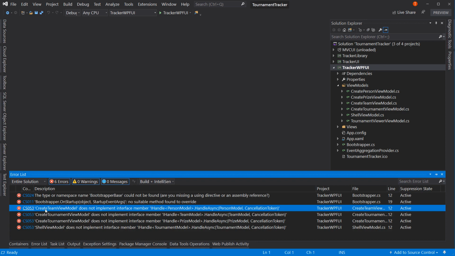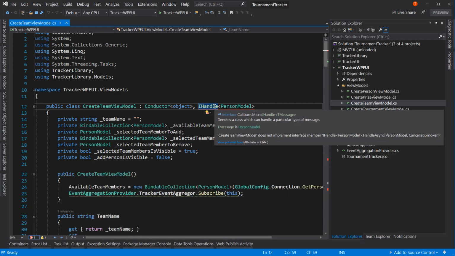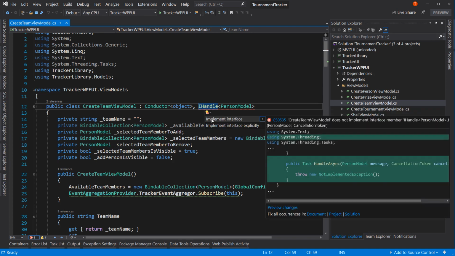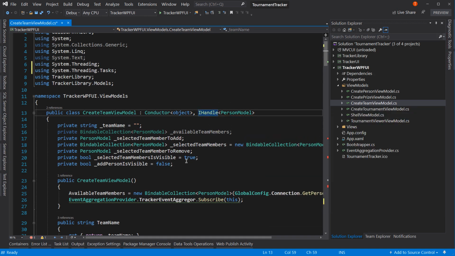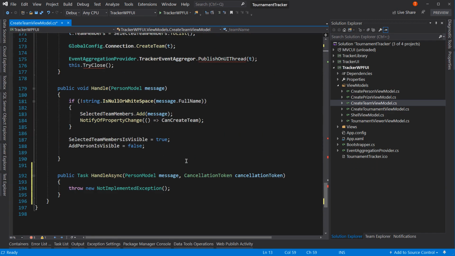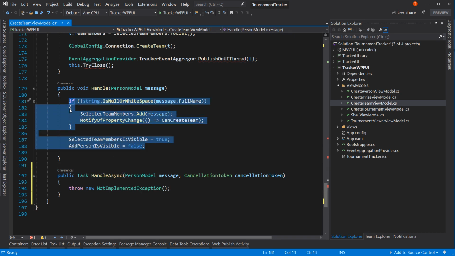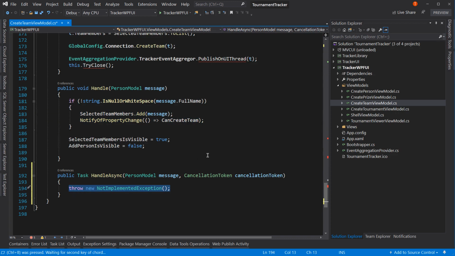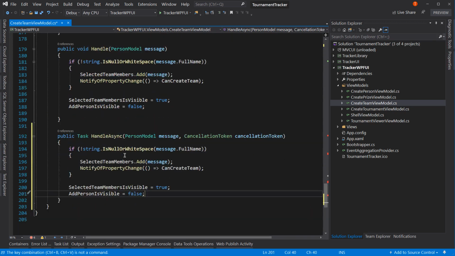The create team view model does not implement the interface IHandle<PersonModel>. So let's implement the interface, even though we think we already have the interface implemented with the Handle method, because now we have public Task HandleAsync. This is an asynchronous method, and so in theory we can just copy this and paste it in down here. Whoops, let's copy that again. I was actually trying to paste, or Control B instead of Control V. So there we go, but it says